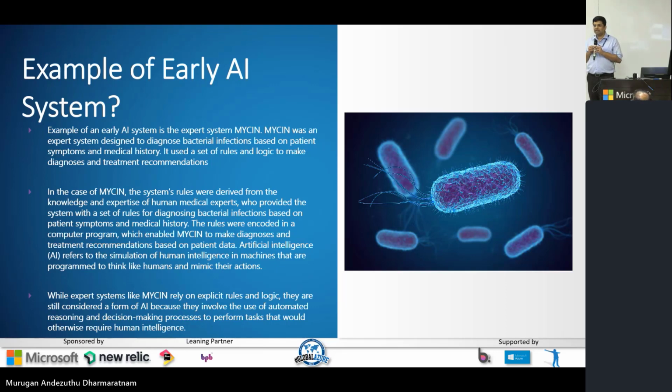The question that you might ask is, how is it actually different from traditional programming, or how does it actually qualify to be an AI system? This is the same question that I had, and what they were telling us is that this particular program had automated reasoning and a decision-making process, right? It decided on its own, as per the earlier definition of AI, making computers do things at which at the moment humans are better. I think this qualifies to be an AI system because this system definitely might be a little bit better than a human.